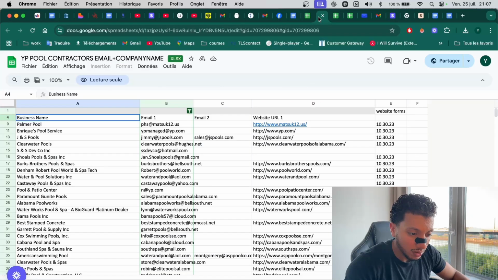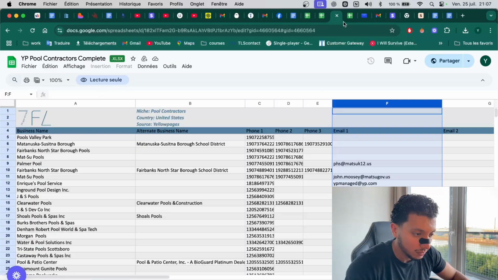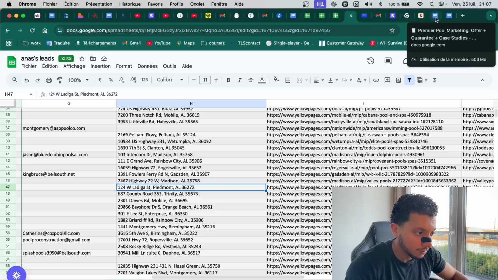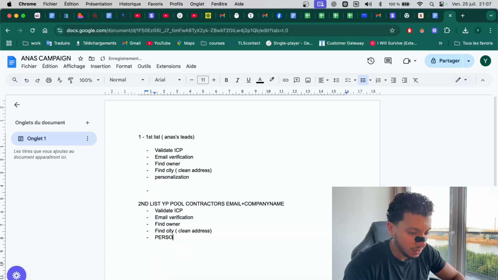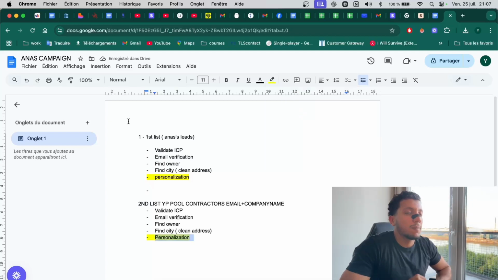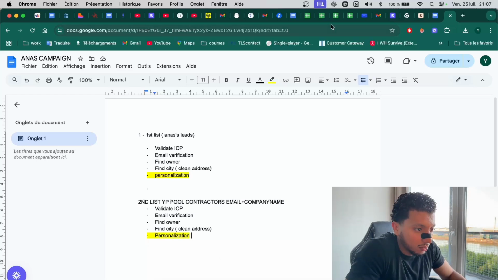Do we have the city or not? We don't have the city, so same thing: find city, clean address, and maybe a personalization, because this is based on the copy that Saad will write me. If the copy contains a personalization, then I will make one. If it doesn't, then all good. And yeah, this is the second one.